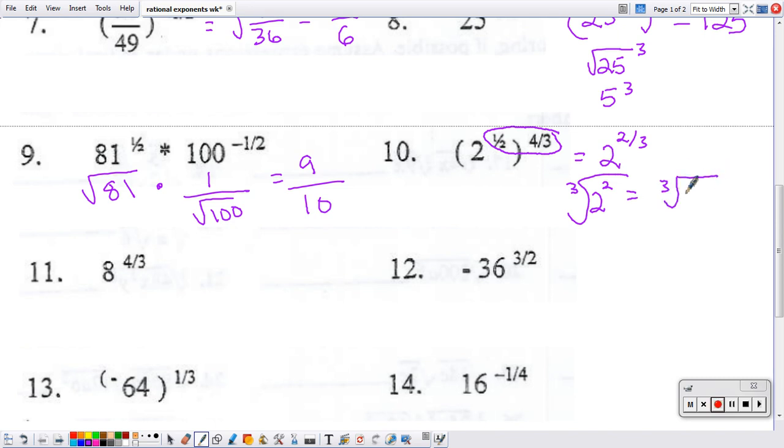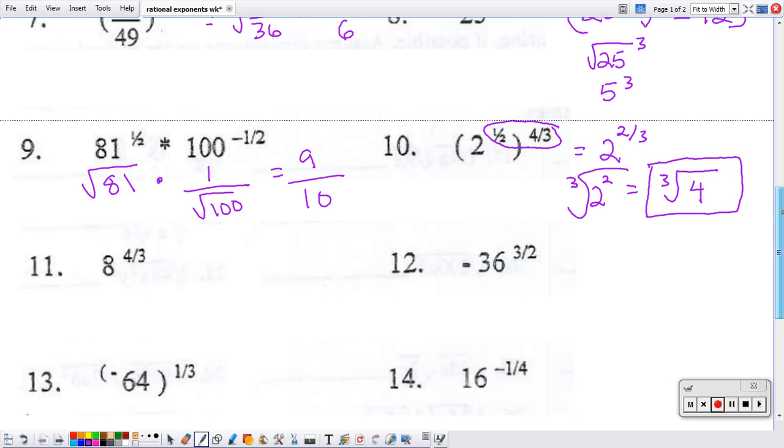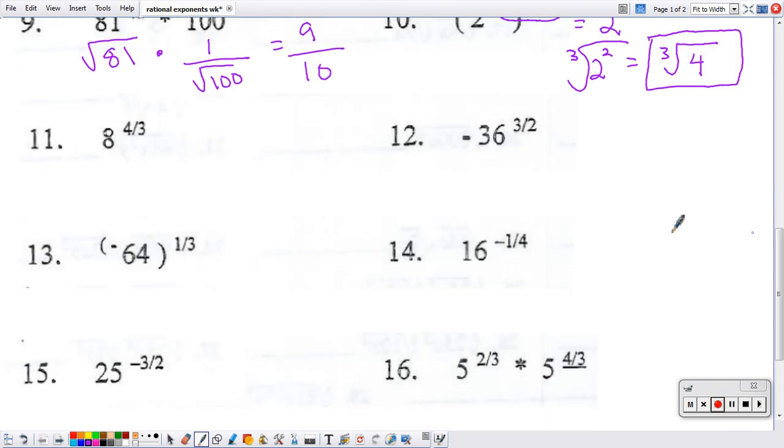That doesn't reduce, and that is going to be my final answer because the direction said do not leave any rational exponent. So I don't want to leave this as 4 to the 1/3, and I definitely don't want to leave it as 2 to the 2/3. The cube root of 4 is the final answer and the only acceptable one because the directions say do not leave any rational exponents. Now, again, I have to make a decision for number 11, the 4 first or the